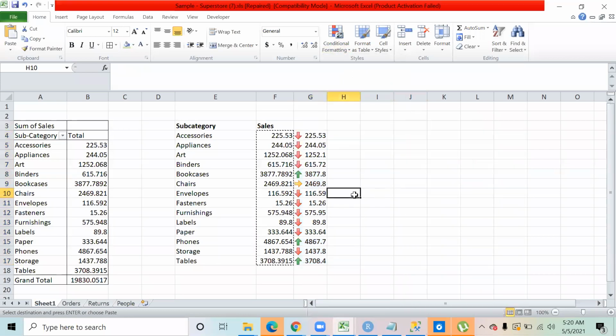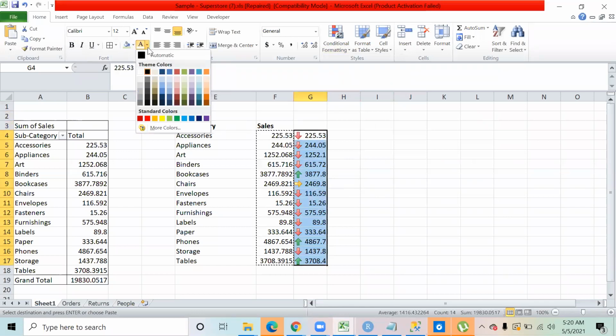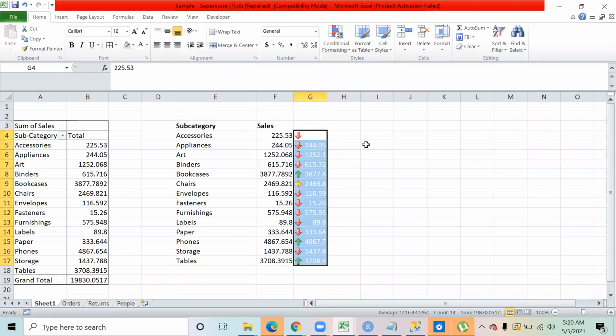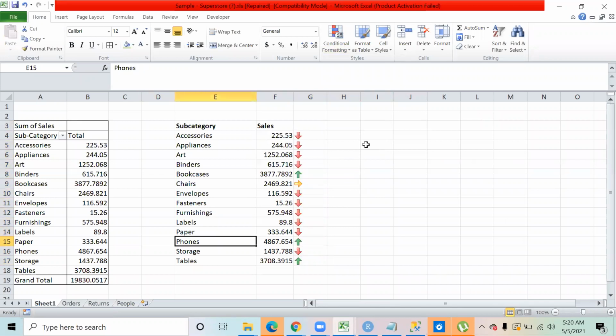If you see now over here, I have put up the arrows. So now by looking at the arrows, the person is going to get an idea that in this subcategory the sale was high. Wherever you have a green up arrow, the sale is high.